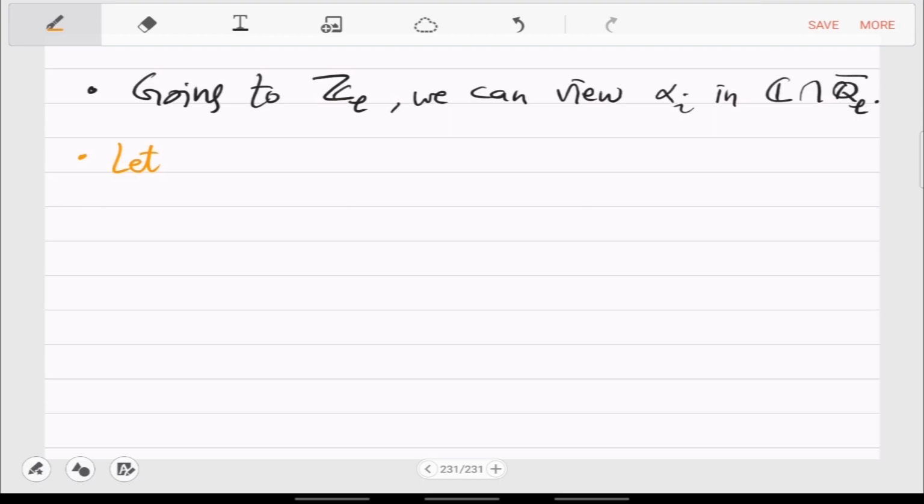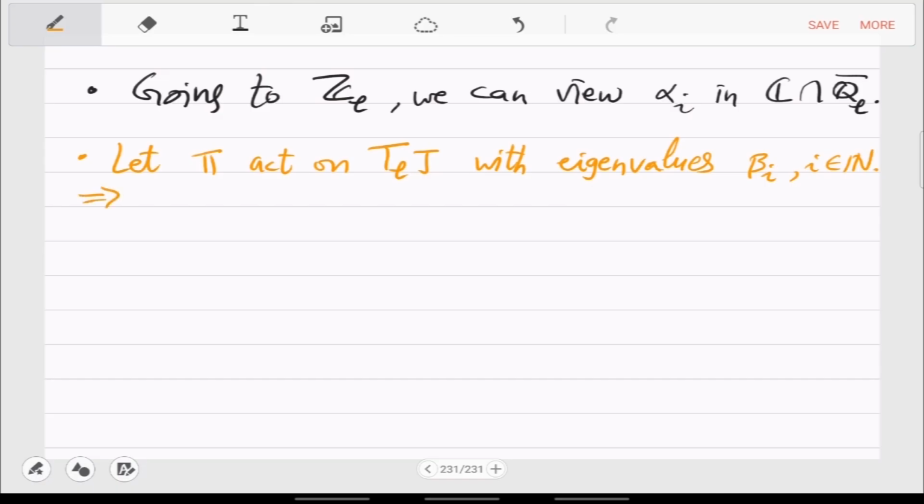let pi act on T_L J with eigenvalues beta_i. Okay, so suppose that, well, pi is definitely acting on T_L J, it's a linear map. Suppose that its eigenvalues are these beta_i's which are unknown. We don't know them currently. But once you make this assumption,